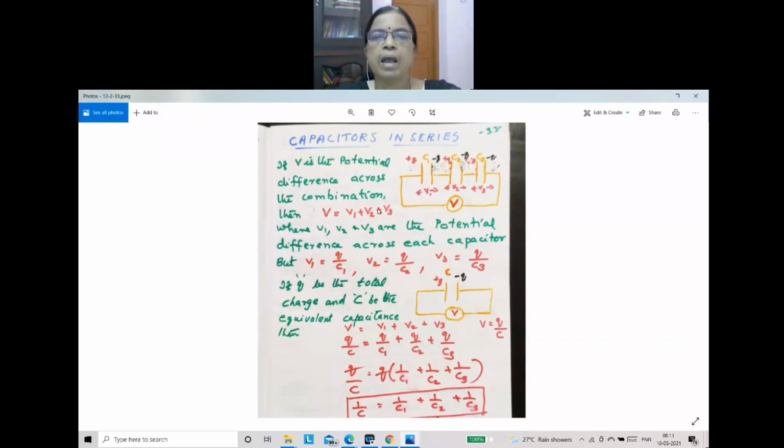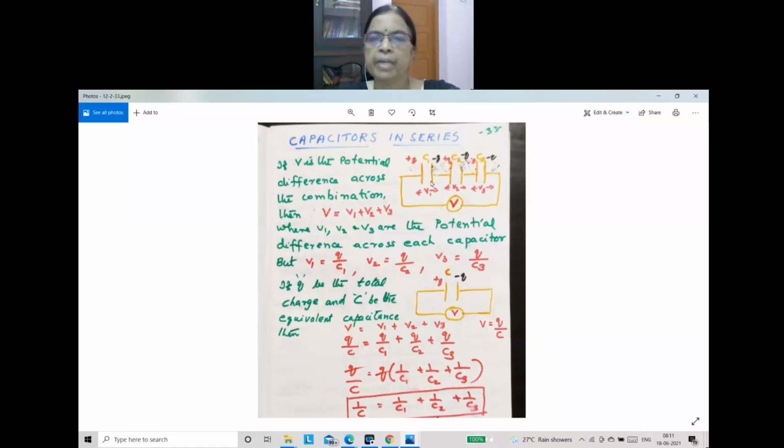When different values are there, farad is the unit of capacitance, and their values are here 2 microfarad, 3 microfarad, 4 microfarad, like that. Different values of capacitance are there. Their capacity to hold charge is different, not the same. So the capacity of the capacitor is different, so their potential also will be different.